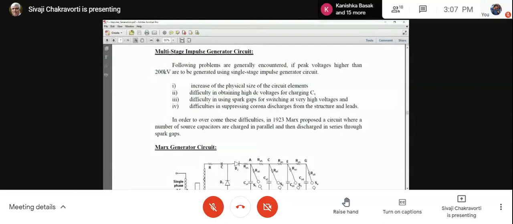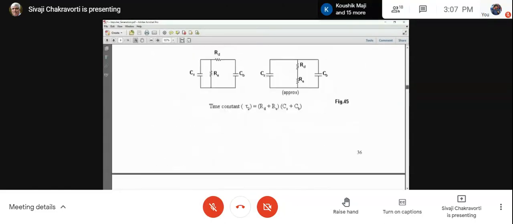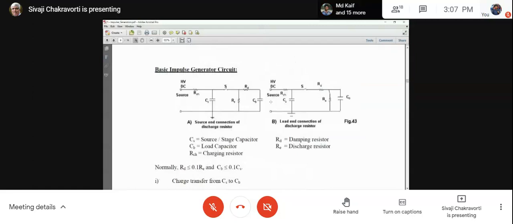So now you remember that we were discussing the impulse generator circuit, where there will be a switch condenser CS. This CS will be charged from a high voltage DC source, and for that there will be a charging resistor. Then, there will be